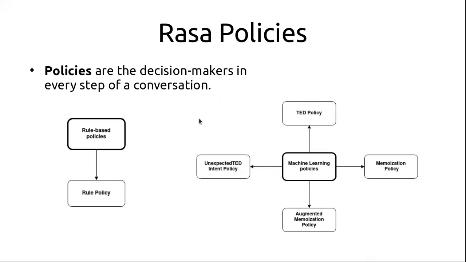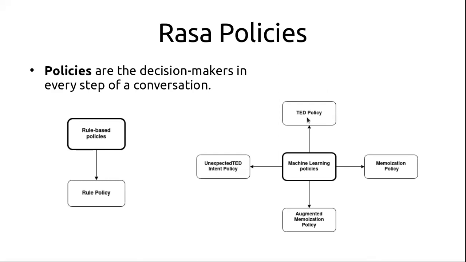We have the machine learning ones and the rule-based policies. The machine learning one consists of TED policy. TED policy is a transformer embedding architecture policy that predicts the next action and other entity recognition tasks based on transformer encoders. And then we have another one called unexpected TED intent policy. This one is an auxiliary that you can add to TED policy in order to tackle and handle